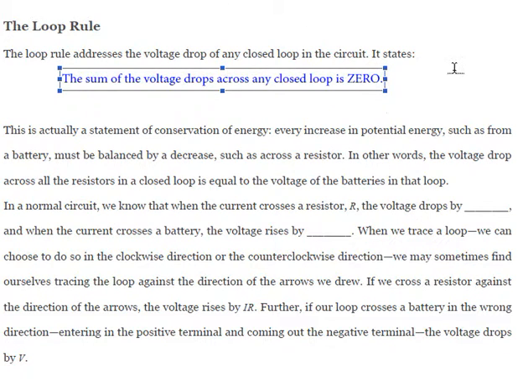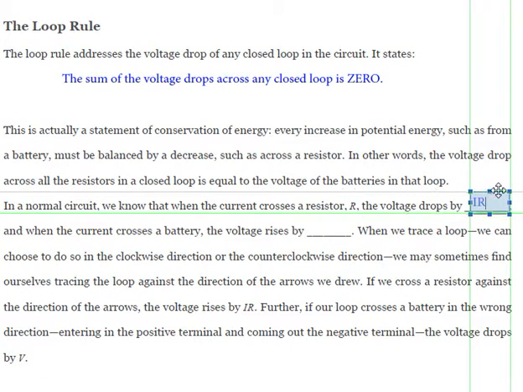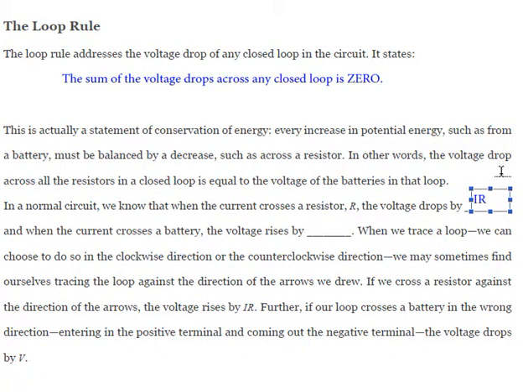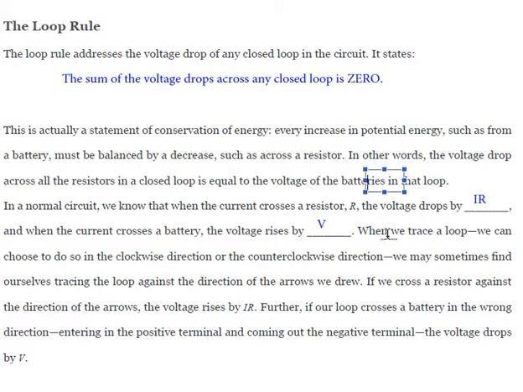So if we were looking at one of our really simple circuits, then we know that whenever current crosses some resistor, then the voltage has to drop by I times R. That comes from Ohm's law. V equals IR. When the current crosses a battery, the voltage rises by V. So if we trace a loop around a really simple circuit,